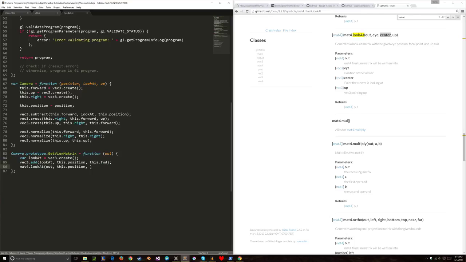So all this is doing right here is creating a look at position. It's just going to be the addition of where we're standing and where we're looking. So nothing too fancy. Look at, and then finally the up direction is this dot up, and then I'm going to return out, again following the glMatrix for all the math here. And I'm going to add some methods later. Actually, I'm going to add them right now. I'll just copy them in,